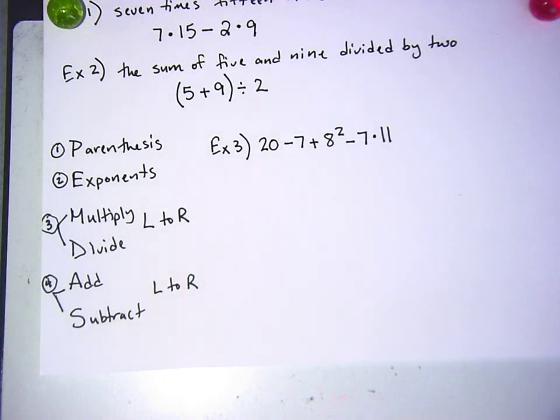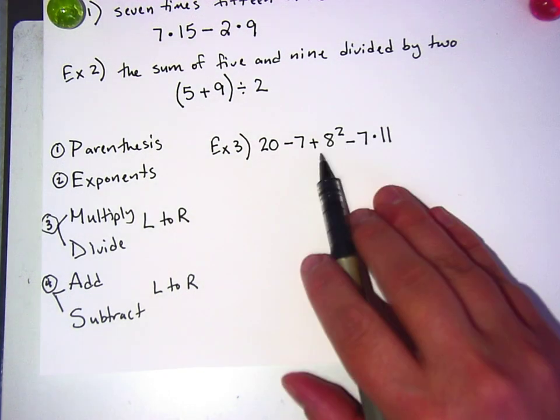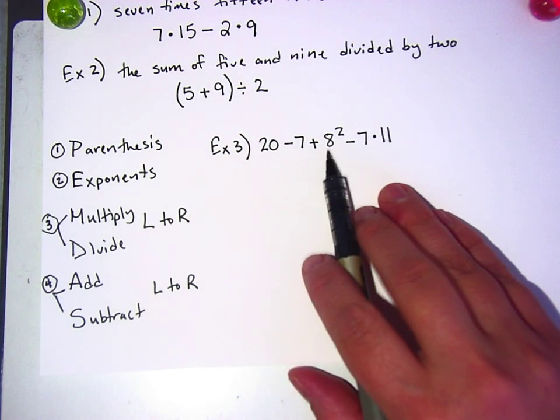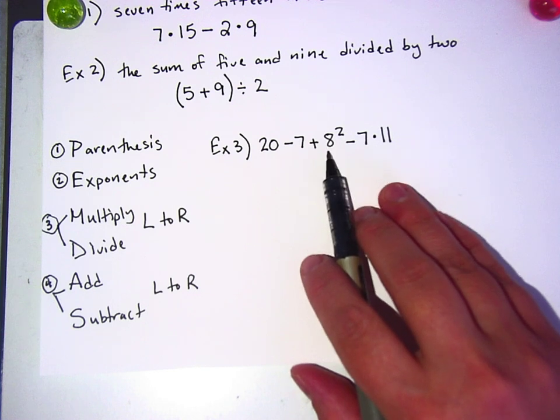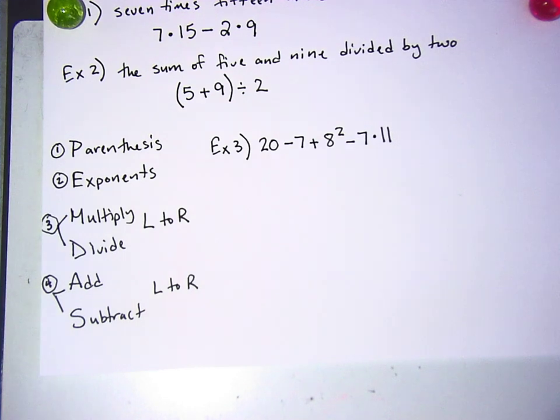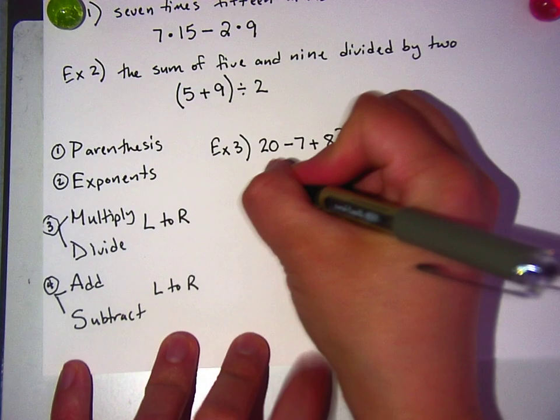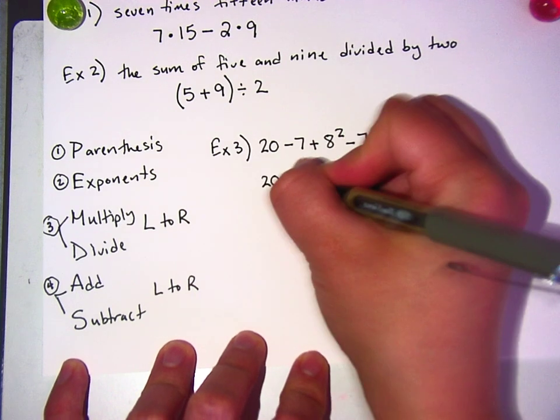All right, in PEMDAS, the first thing that comes up is parentheses, right? I don't see any. Any exponents in this problem? Yes. All right, what is 8 squared? 64. Why is it not 16? Because it's 8 times itself. 8 times itself one time, so it's 8 times 8. 8 times 8 is 64. So remember, don't just multiply by 2. So now everybody rewrite it. 20 minus 7